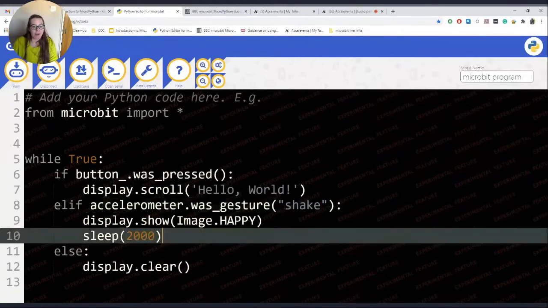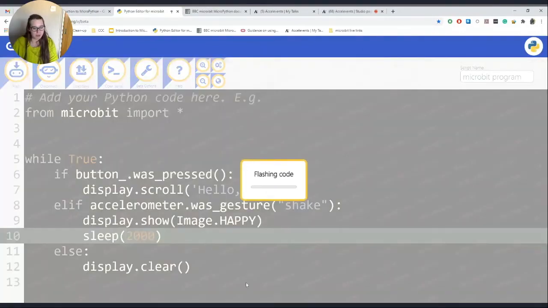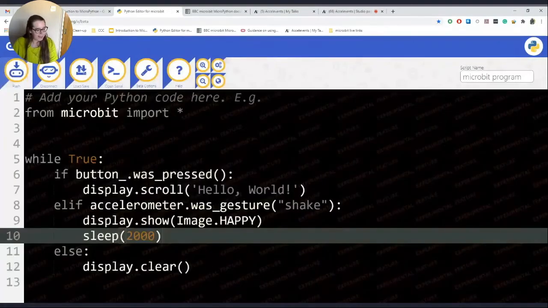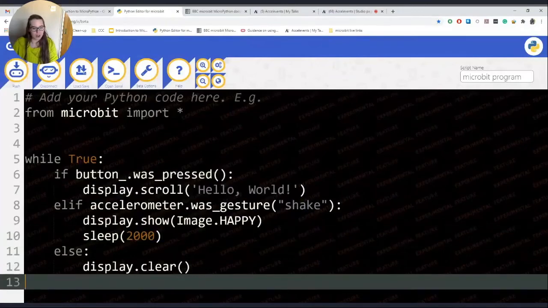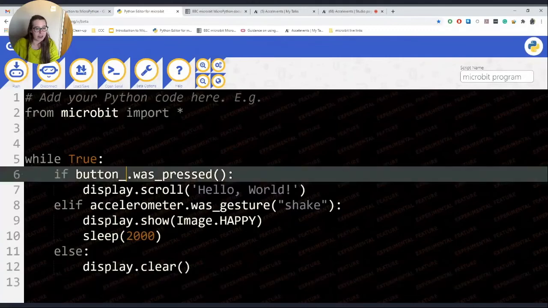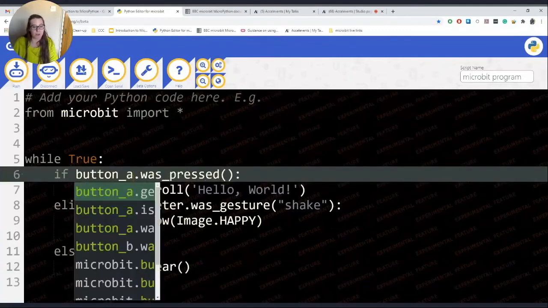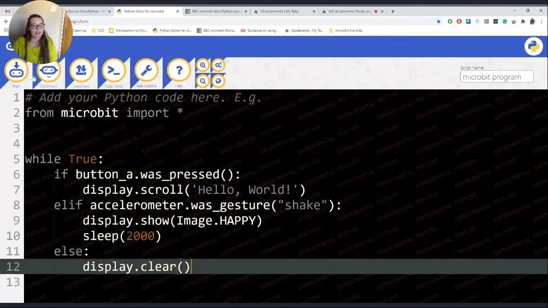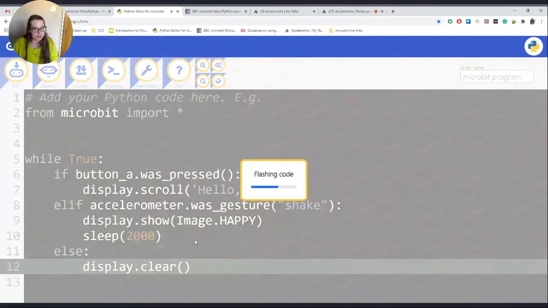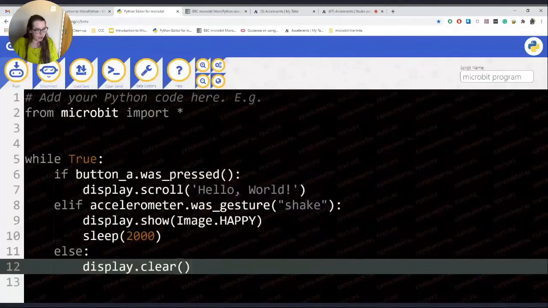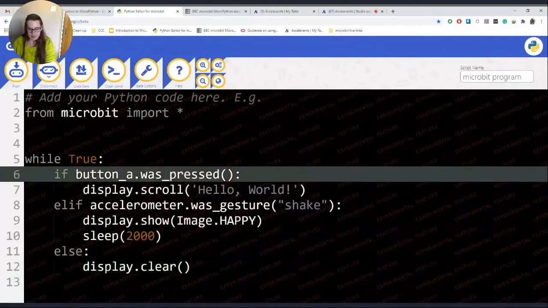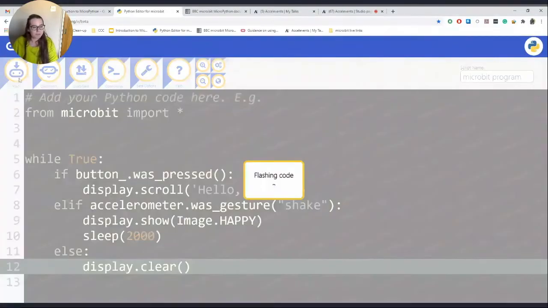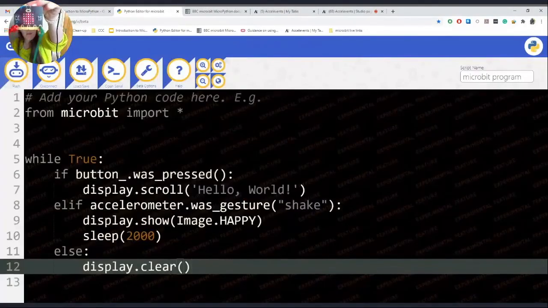So now when I flash that program to the microbit, I'm currently doing exactly what I tell kids not to do, which is make lots of changes to my code without testing it first. And I have immediately got an error message because I forgot to put button A was pressed. So let's try again. So now is probably actually a good time to show you what an error message would look like. So if I redelete that, the microbit will scroll an error message on the screen. It can be really hard to read though.